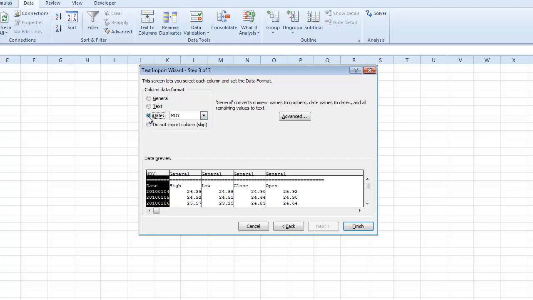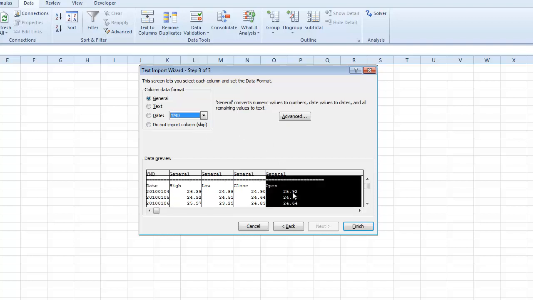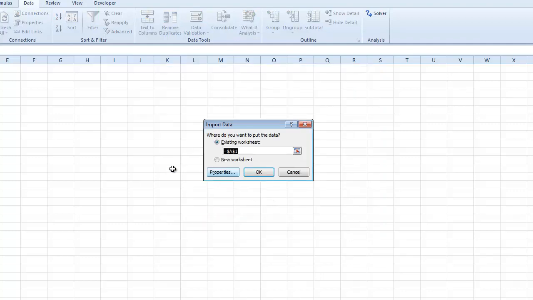Then I'm going to click the date format, and then I'm going to click the down arrow and I'm going to choose the YMD format. Then I'm going to click in the open column so it's selected, and I'm not going to import this column. So I'm going to click on the Do Not Import command, and then I'm going to click Finish down here,